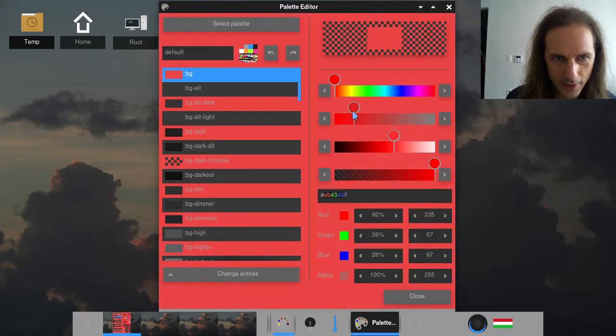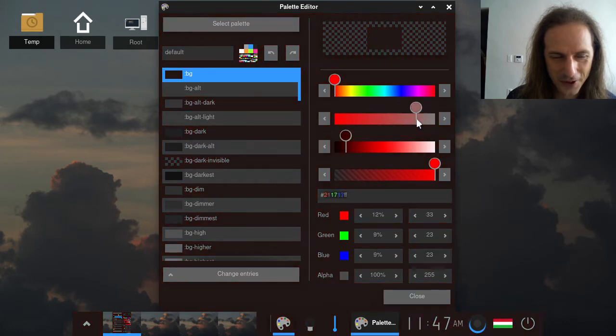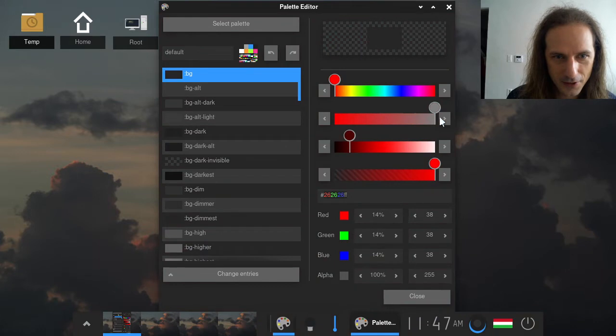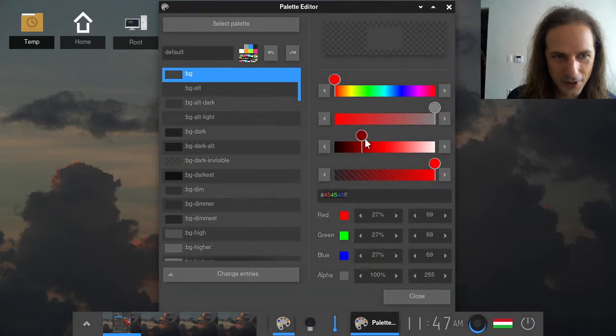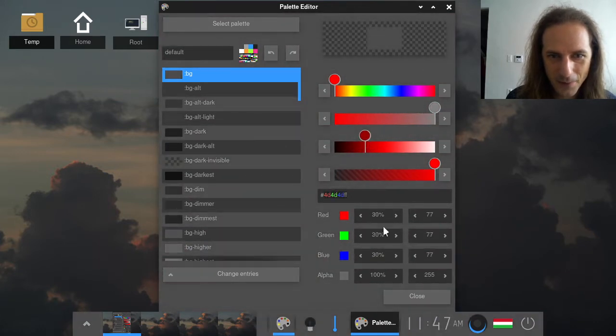If you want to make it something disgusting, you can do it. Here you can change the tone, you can change many things. Yeah, let's just try to restore its grayness somehow. And